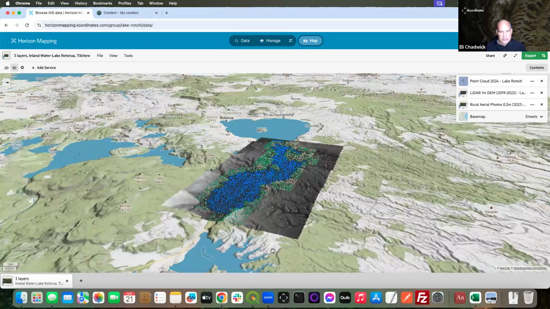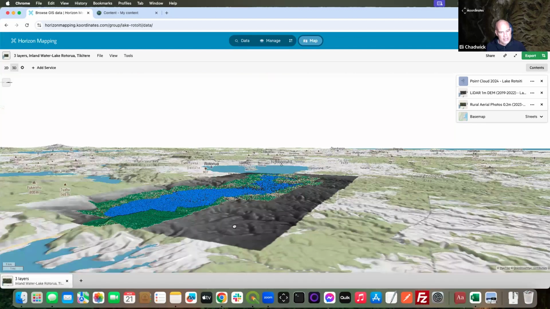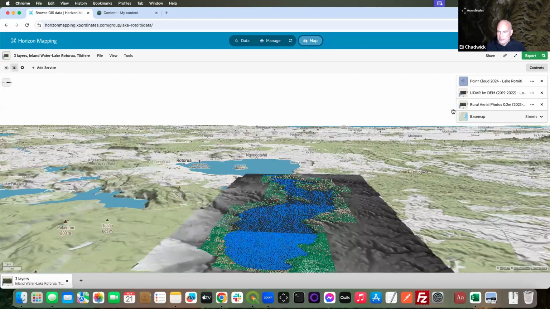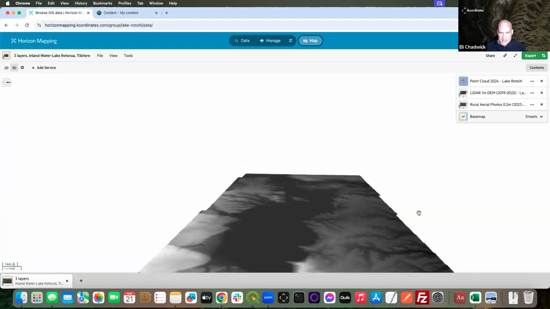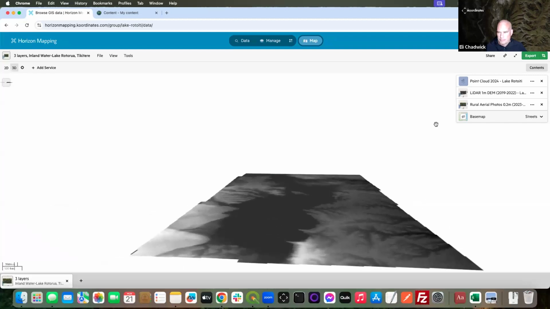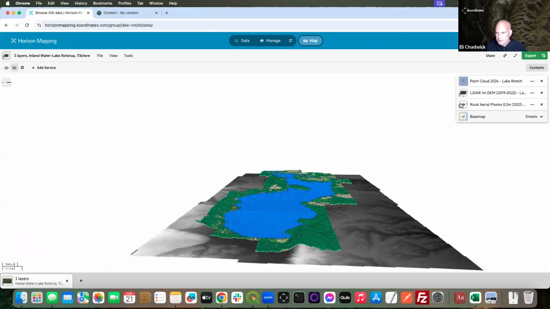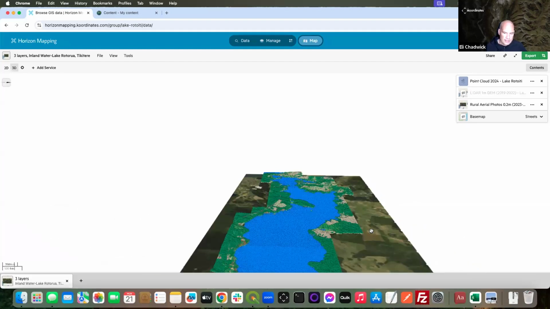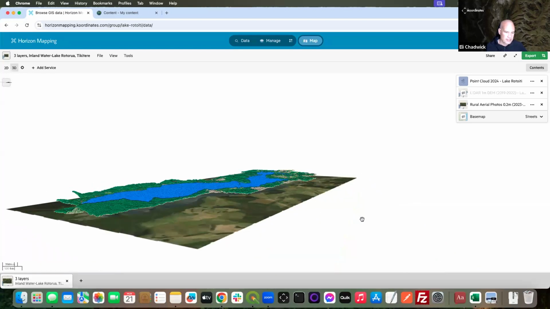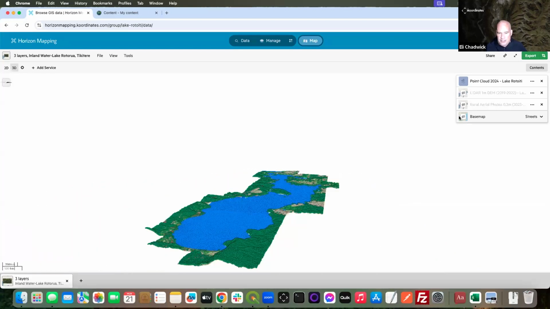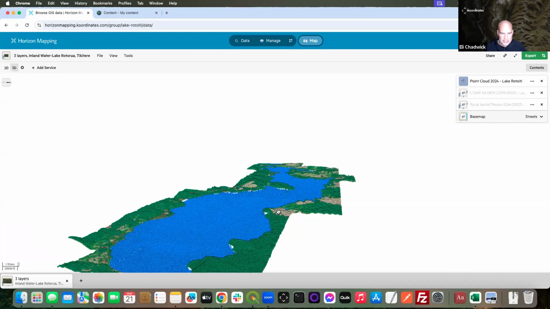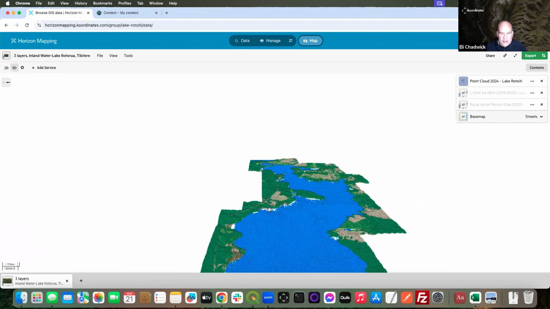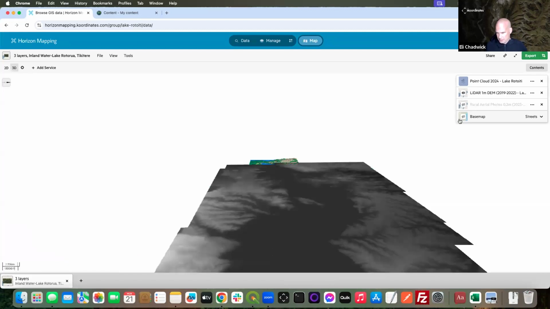You can navigate in 3D mode, lots of tilting, and essentially check out the data that you've loaded up. So what we've got here is there's the point cloud. If I was to turn off the base map, it gives you a better idea of the data sets that I've loaded in. So that's your DEM. That's the point cloud loading. I'll close off my DEM. Underneath it, I've got my imagery. And I just kind of like turning off the base map because it gives you a better idea of what you're actually looking at. So the point cloud, for instance, is much easier to understand in this mode. There's a killer hot pool over here somewhere, but you can only get to it by boat, sadly. Now, if I just turn these layers back on,